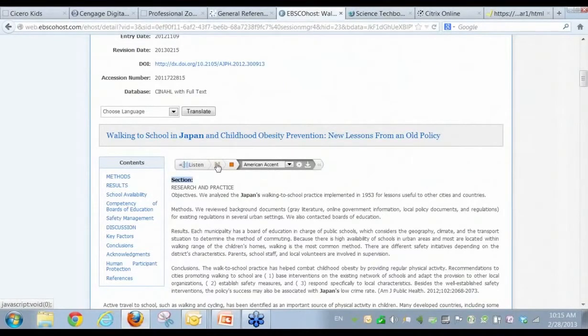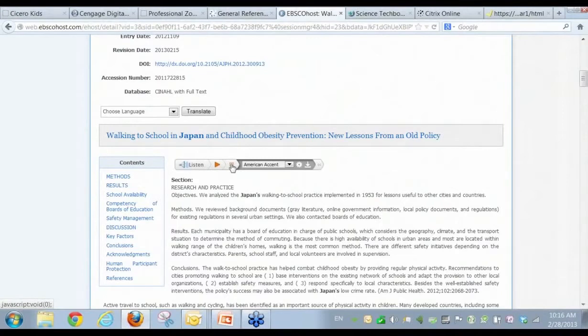Section. Research and practice. The interesting piece with the folks at EBSCO is that a large percentage of the population who use this database are in the academic market. People would often think that text-to-speech fits very well into what Discovery is doing in elementary school, but we've seen that EBSCO has a very high percentage of use, as well as, interestingly enough, even their very, very long articles, up to 32 pages, have a very high instance of being